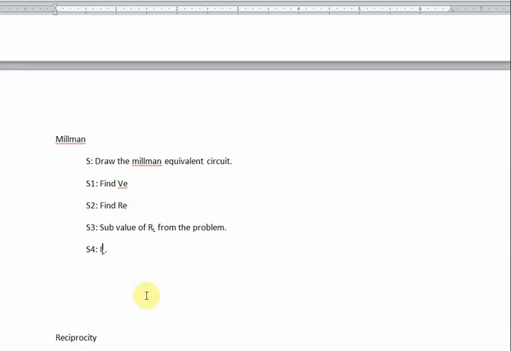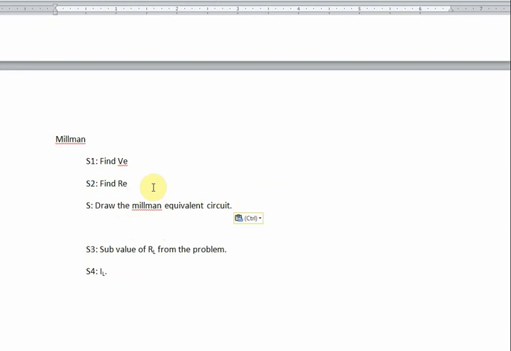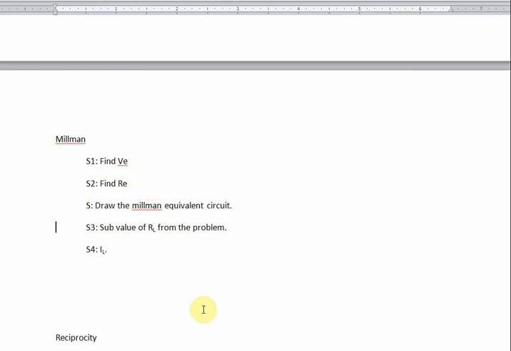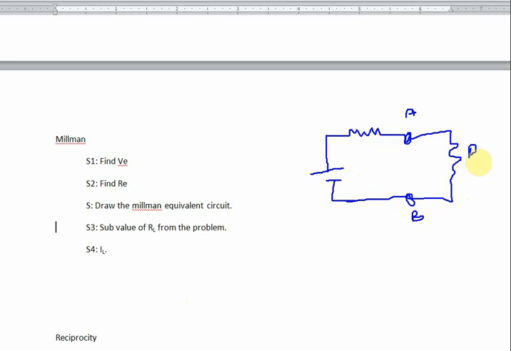So draw the equivalent circuit, similar to the Thevenin's equivalent circuit. What is the Thevenin's equivalent circuit? It is a practical voltage source, that is, a source connected in series with a resistance, with terminals A, B. Then to complete it, connect across the load resistance.